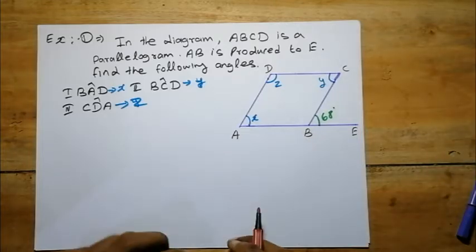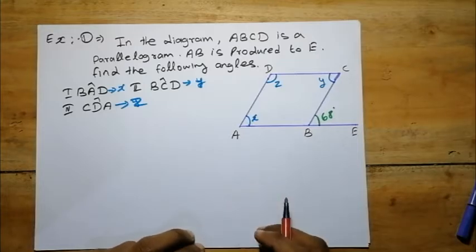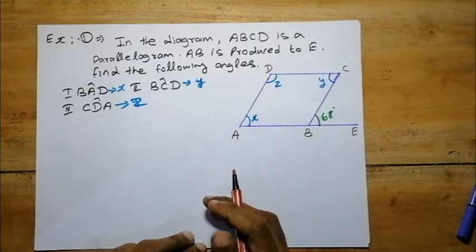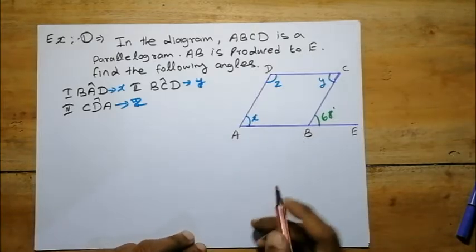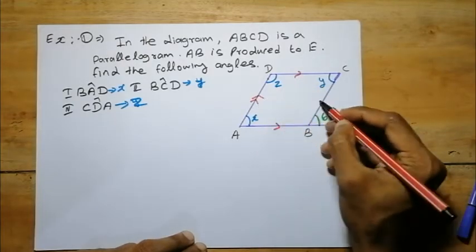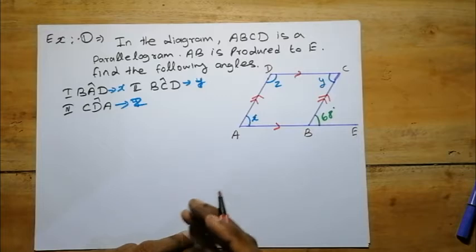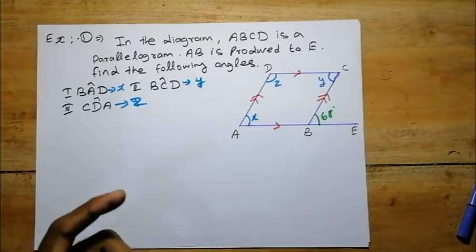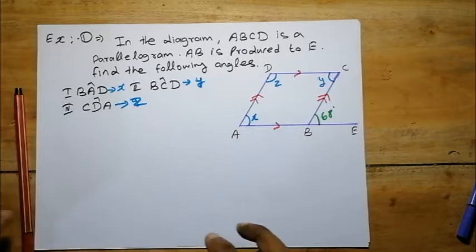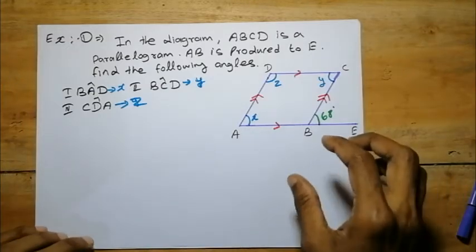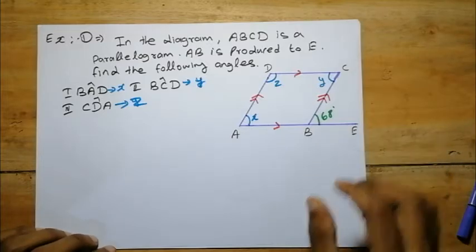The first universal fact: the opposite sides are parallel. Because all three things we are finding are angles, the suitable one is that opposite sides are parallel. So we mark opposite sides as parallel. When we need the other properties, we can add them. But remember, all five can be applied. If it is a parallelogram, all five characteristics are there.